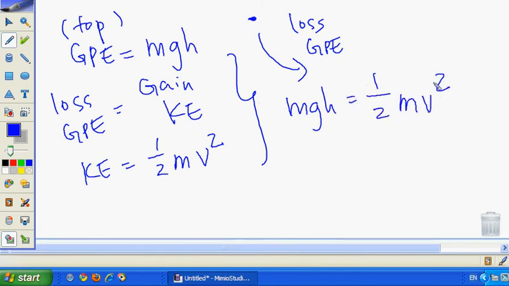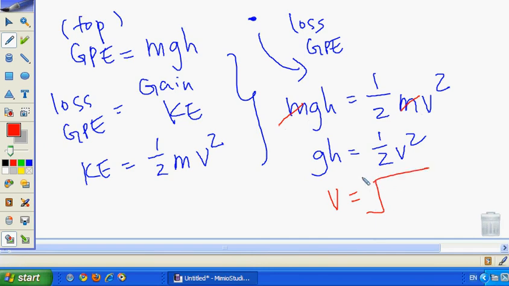I can cancel my mass, because my mass is the same on both sides. So if I want to find speed v, if I do my maths, v is the square root of 2gh, bringing my 2 up. In this case, I substitute 2 times g,